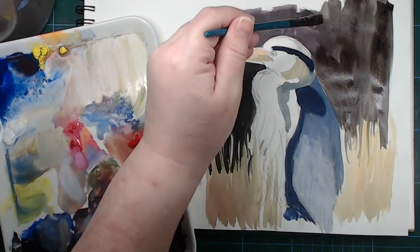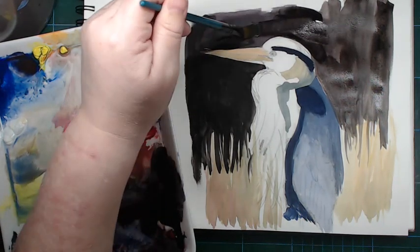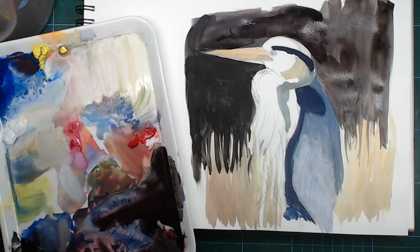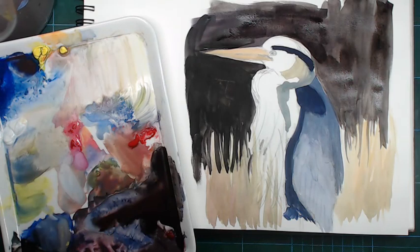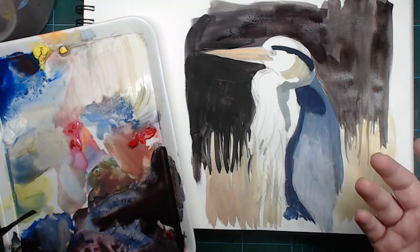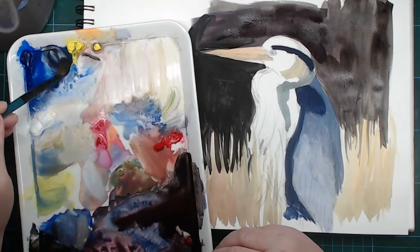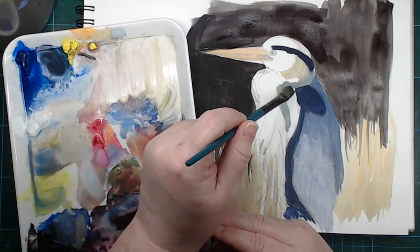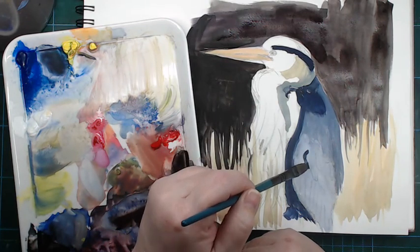exaggerate some stuff. Like here, that background on the photo is not this dark, but I make it this dark to make the heron come forward a bit more. And that's my artistic license. I don't really want to make an exact copy of the photo. I would just publish the photo and say, hey, I took a photo of a heron. But paintings, that's where you can play around and say, okay, instead of edit this photo, I can add or subtract stuff to it to make it quote unquote better or different,